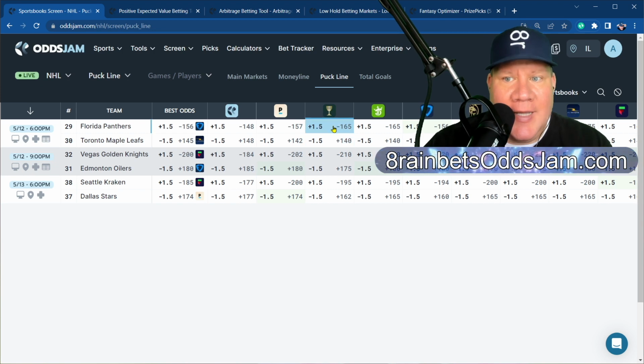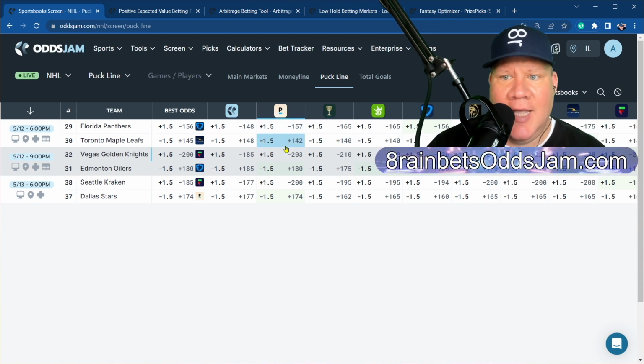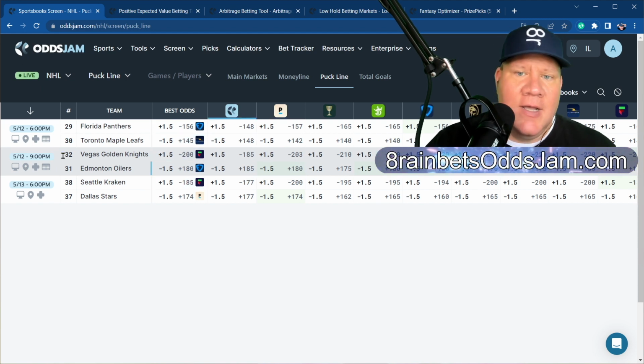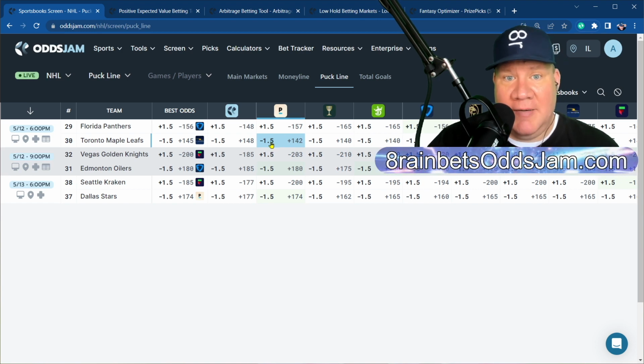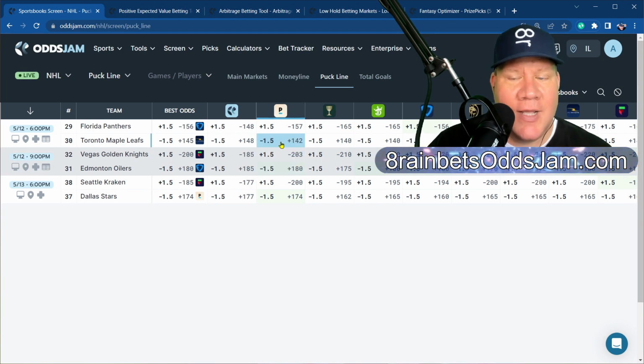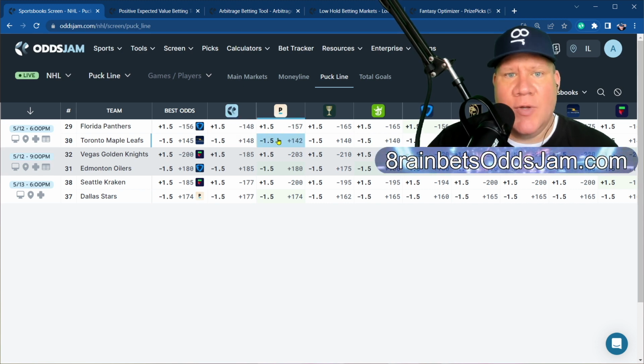Depending on your confidence, depending on what you think is going to happen in the game, or depending on when the prices are telling you this is a bet worth playing, that is how we can navigate these kinds of lines in these kinds of markets. So the Panthers and Maple Leafs in this case, if you wanted to get plus money, so you see the plus on the front side, plus money on the Maple Leafs, you could say, well, I'm so confident in the Maple Leafs coming out tonight and just crushing them. I think they're going to win by 8 goals. If you think they're going to win by 8 goals, you could place a bet that they're going to win by 7.5 goals. And if you're right, you'd get way more than plus 142. I can promise you that. But in this case, you say, okay, the main line here is Toronto Maple Leafs minus 1.5. I'm so confident they're going to win by 2 or more.